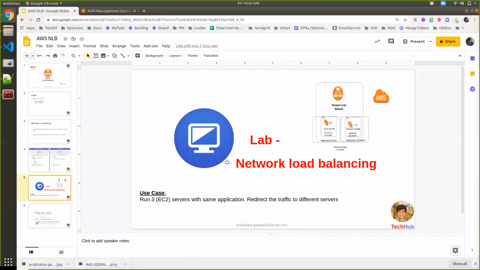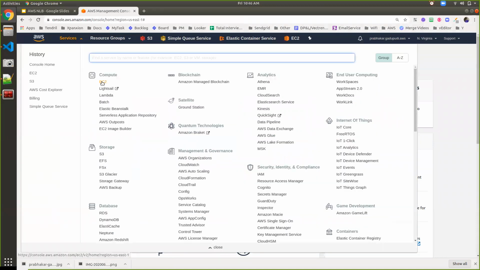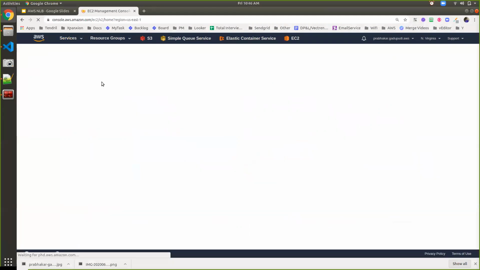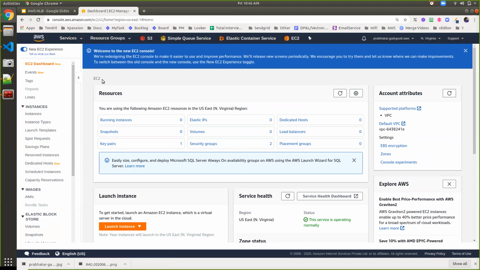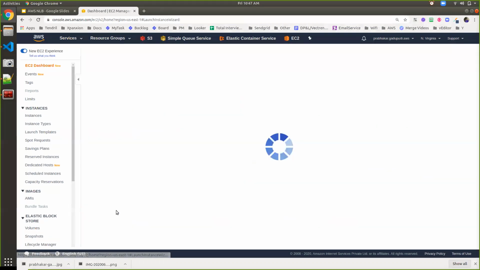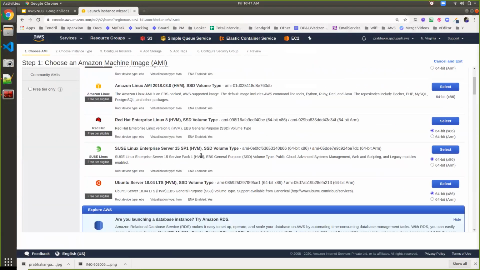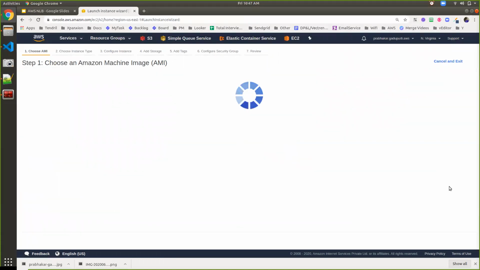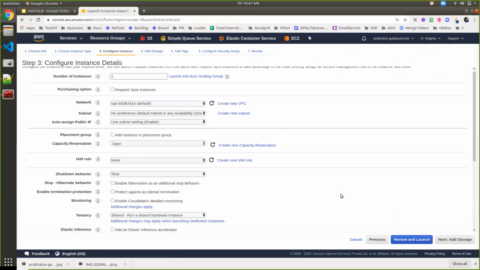Here is my Amazon management console. Go to services and create an EC2 instance. Here I'm using the default Apache, which will run on port 80. Click on launch instance. Here I can select any of the machines, and I'm selecting the default Ubuntu machine, and the machine type is free tier eligible. Go here, and this section is very important.